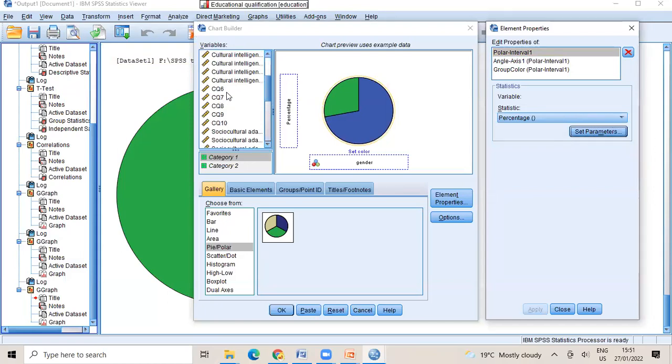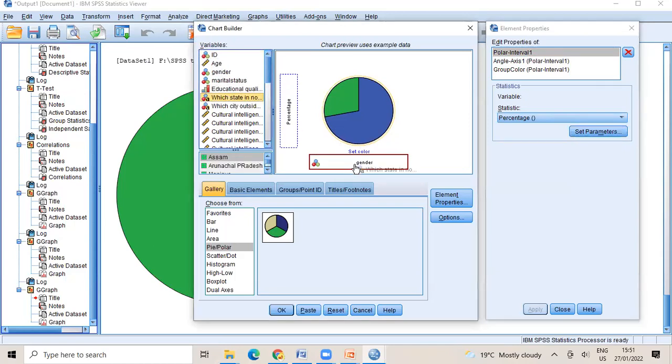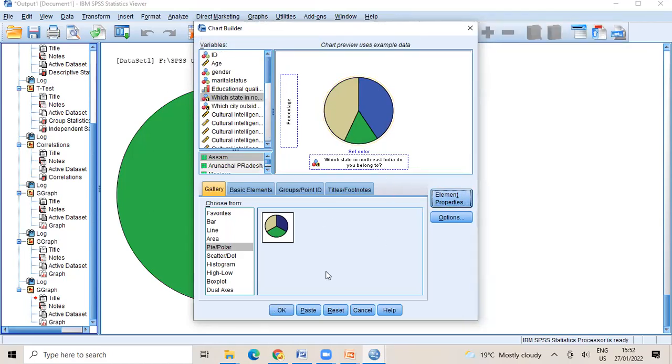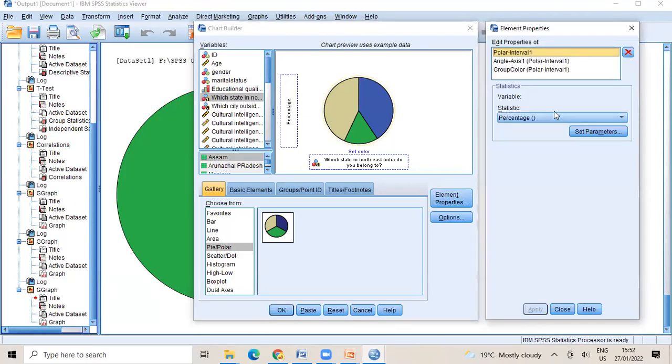Let's look into something else. Say, for example, which state in Northeast. Here, probably the percentage will show, let's see. Let's see if it shows now.